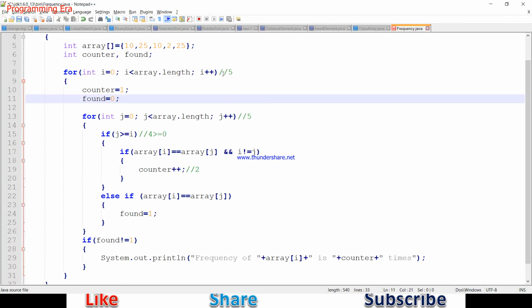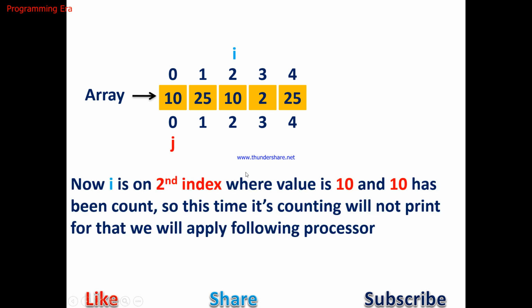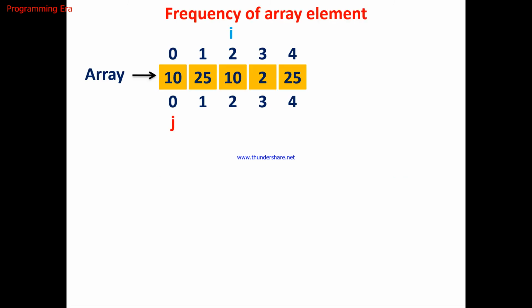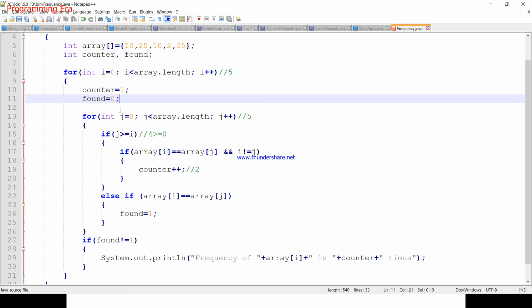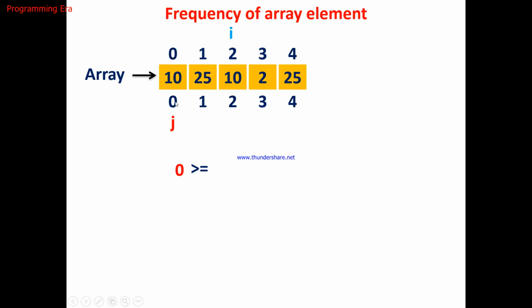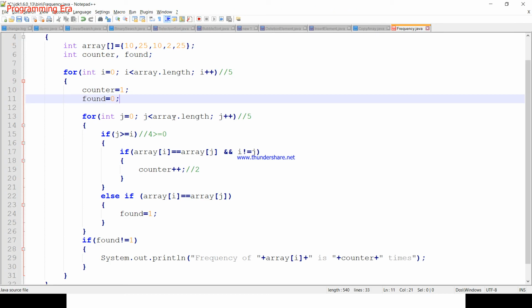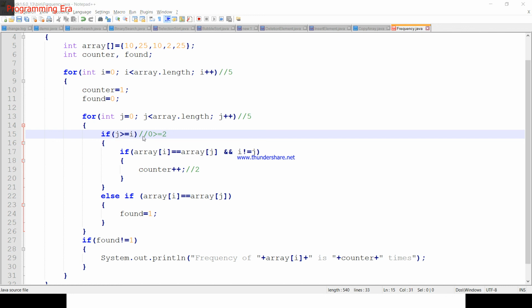For this, i is 2 now, 2 less than this, counter will become 1, found is also 0. Now j is again on 0. And j is also less than array dot length, which is 5. Now we'll compare j, which is 0, and i, which is 2.